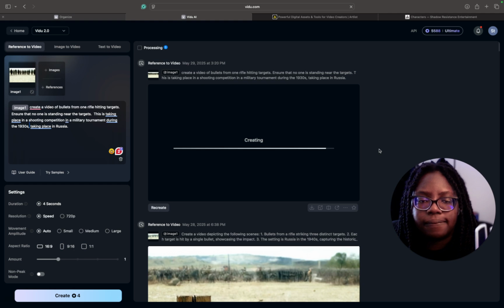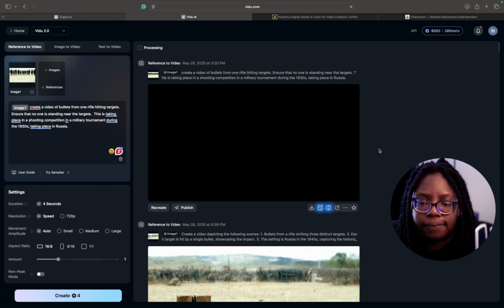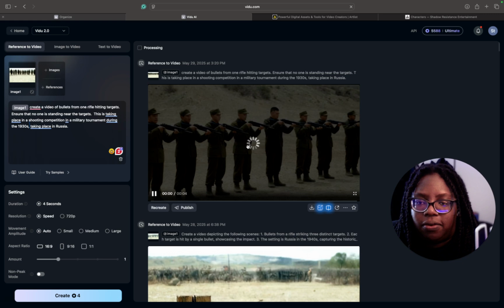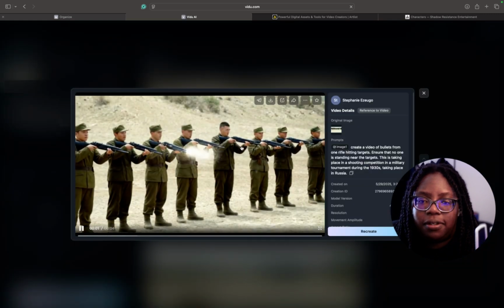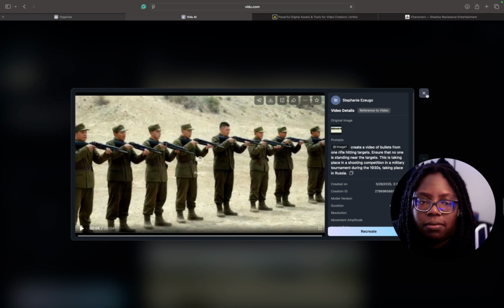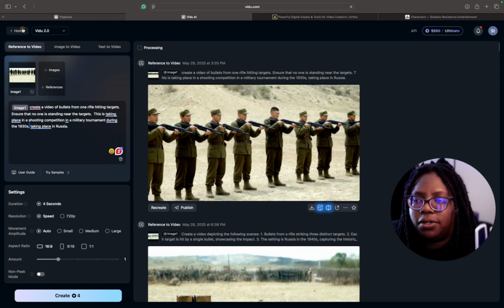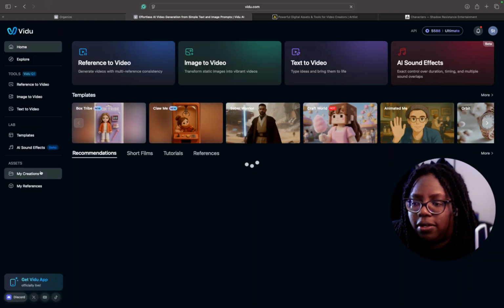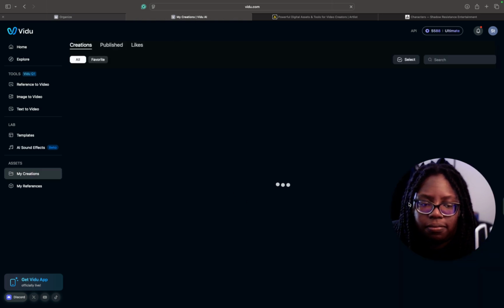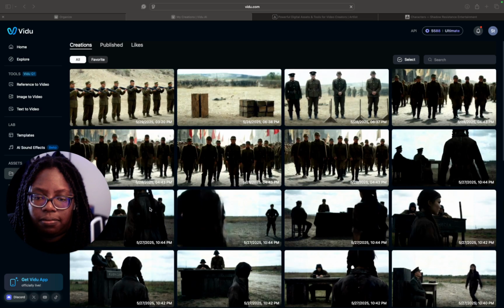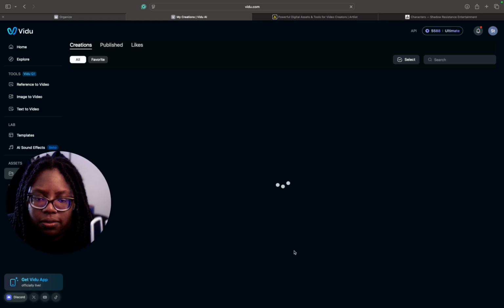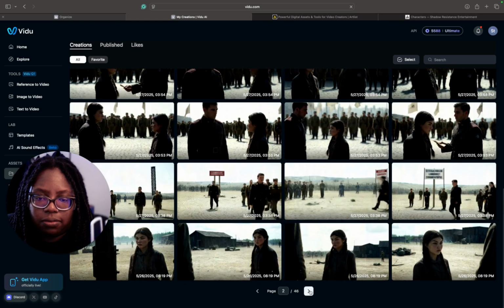Okay, so this is not what we're wanting at all. But it is showing other people shooting. Oh, okay. Well, that's not what we're wanting at all. So I'll just go ahead and show you what it is that we got, or what it is that I got. So give me a second here. I'm just going to keep going.